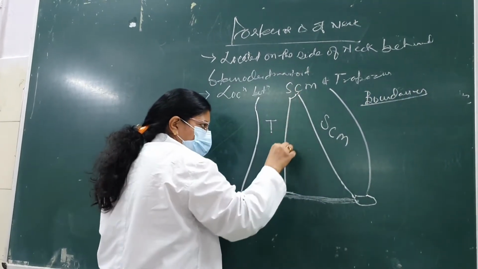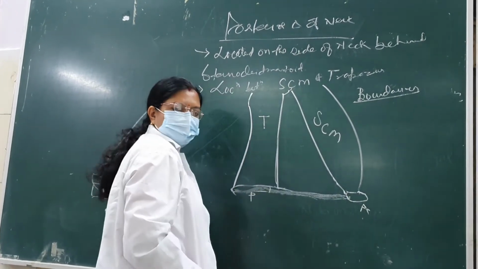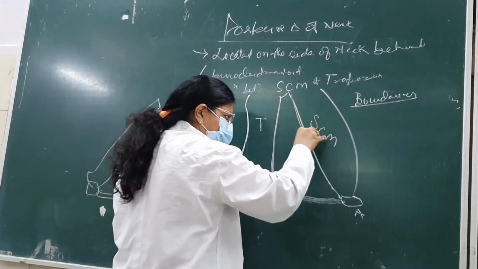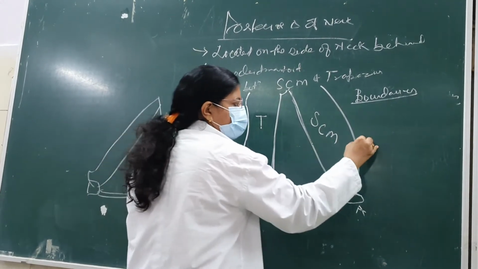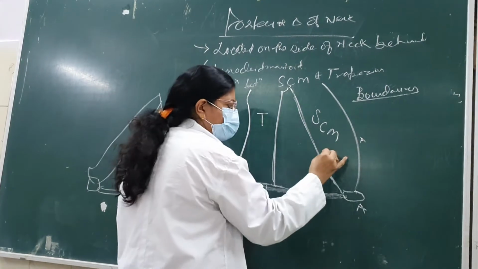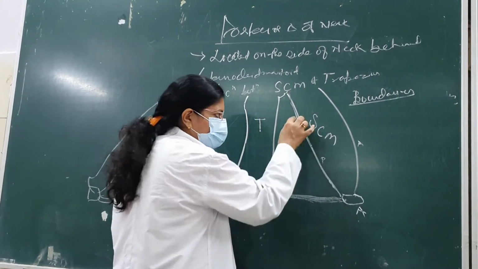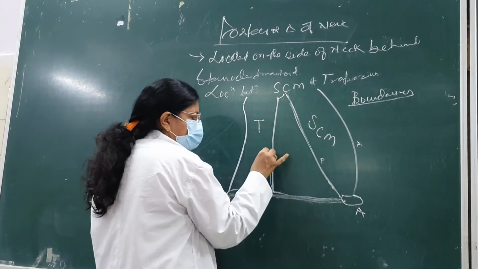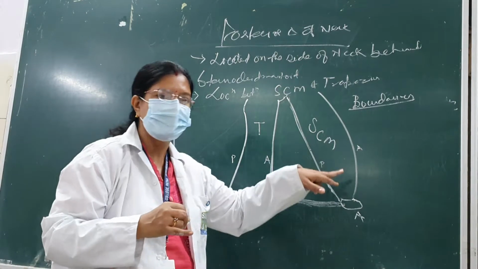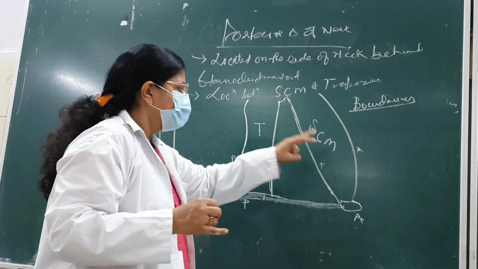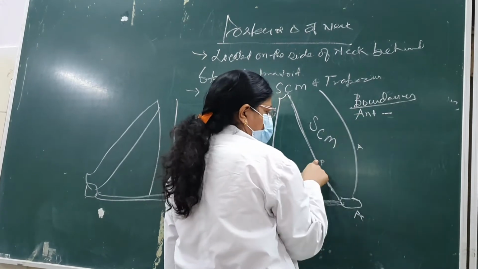This is anterior and this is posterior. So what is the anterior boundary? This is the anterior boundary, formed by the sternocleidomastoid. This is the posterior boundary, or anterior or posterior portion of the sternocleidomastoid, and it is the anterior and posterior of the trapezius. Now you can easily make out the boundary. So the anterior boundary will be by what?